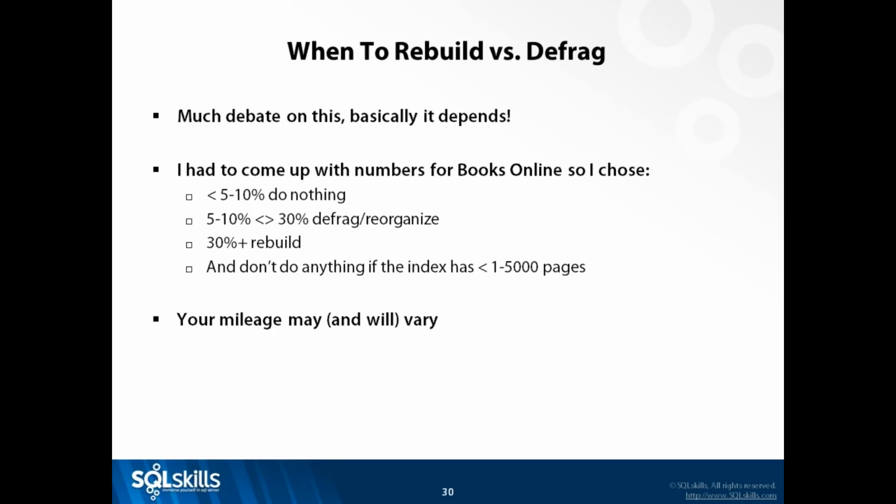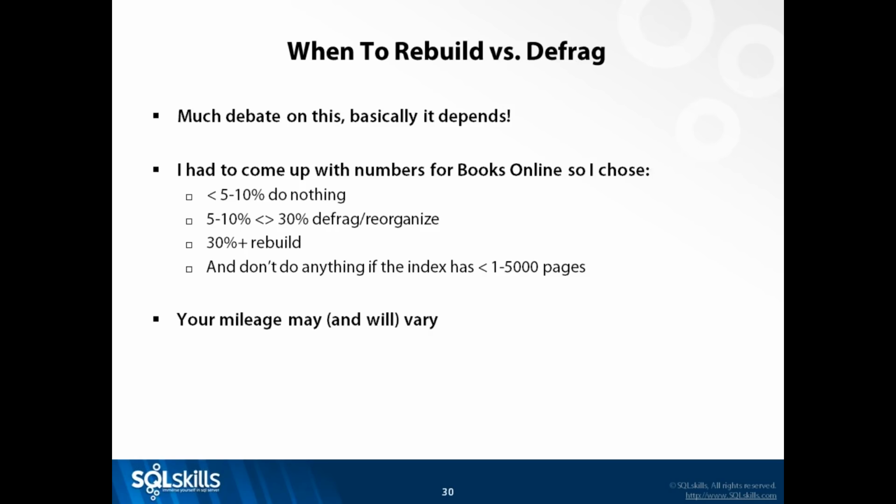Now you'll see in books online numbers around when to choose what. And these were numbers that I made up when I was at Microsoft, just like the 1,000 pages guidance. And this is because people need some guidance on when to do what around fragmentation. And so I worked with customers, did lots of experimentation, talked to the customer advisory team at the time, which is now the Tiger team, and came up with numbers. And the original numbers I came up with were 10% and 30%, and they've changed those in books online now to be 5% and 30%.